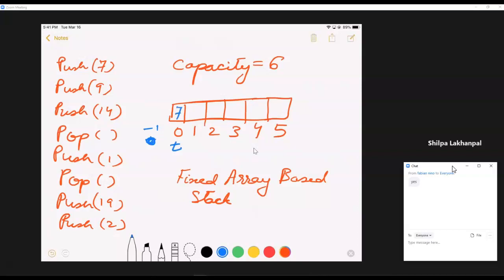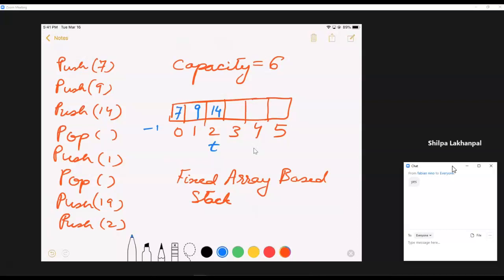Then again for 9, T is incremented, and at that point, 9 is placed. Again, push 14, T is incremented, and at that location, 14 is placed. So those three pushes in sequence are going to result in this particular stack right now.